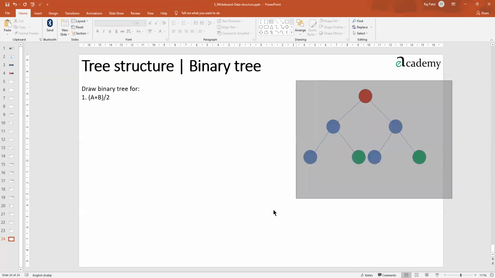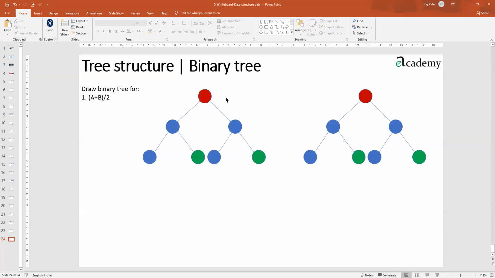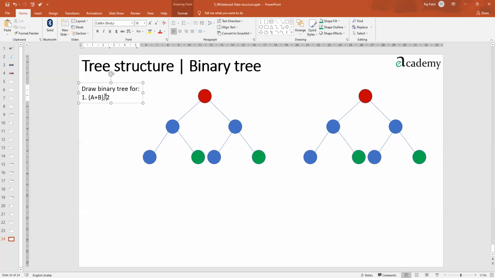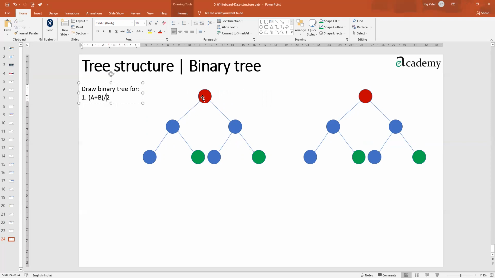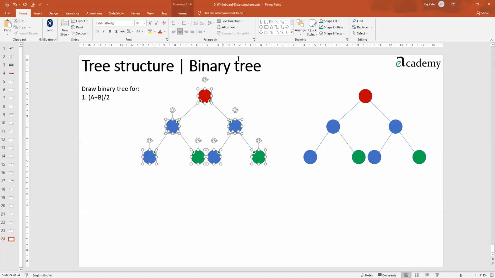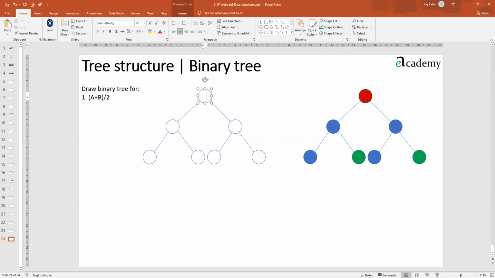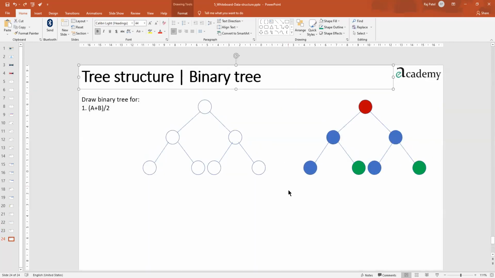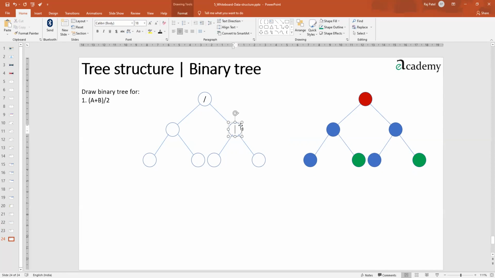I can tell you, you can take one such binary tree. As per the board's rule, whoever is going to get executed last will become the top, the root node. Who will get executed last? I think the division sign. So in your paper you are not supposed to use colors, of course, so never do that. This one will become the division sign, with a left side and a right side. Now the right side is what? 2. So I'm marking 2 here.